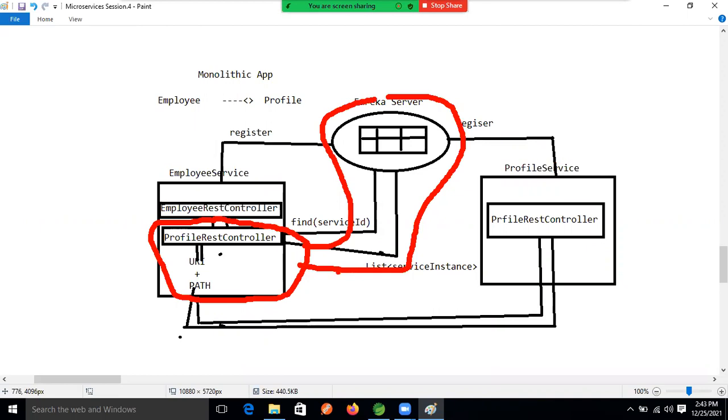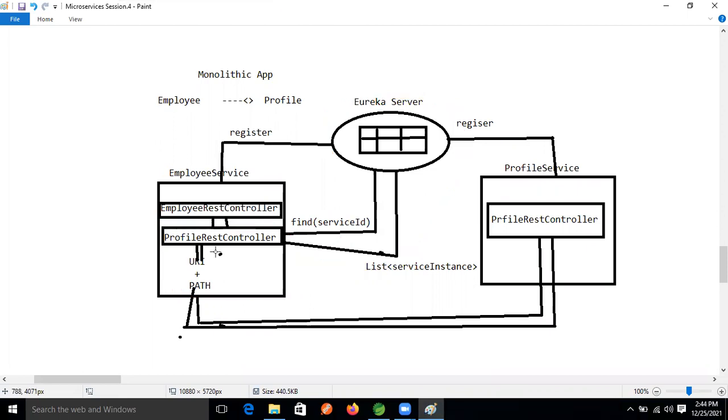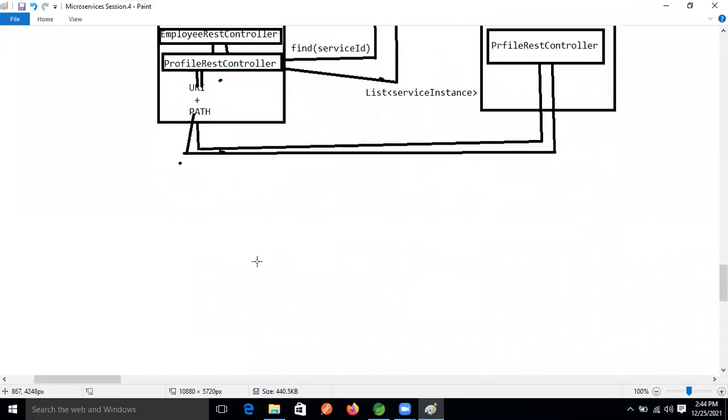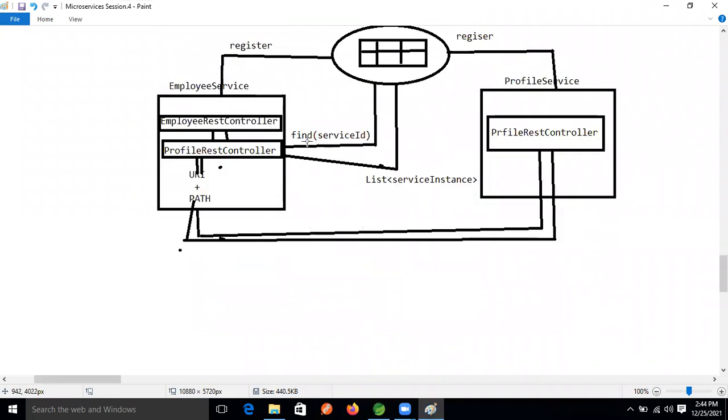Whenever we develop our Profile REST controller, how will it find the services? It finds the instances from the Eureka server, and this will return a list of service instances, and then we prepare the URI.